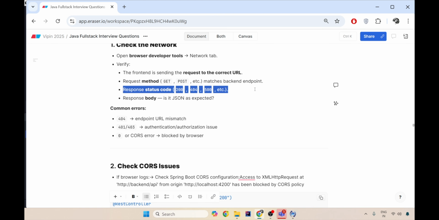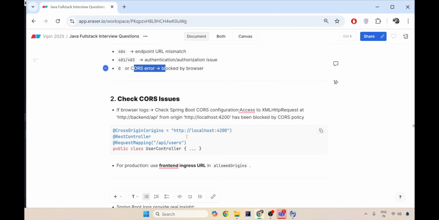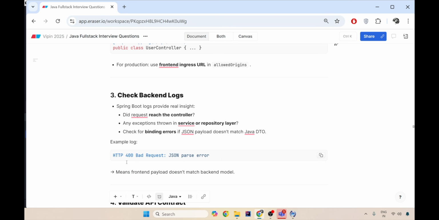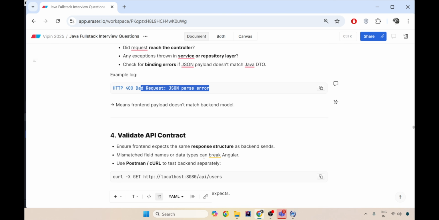If it is 200, okay, and the response is proper, but you're not able to parse it into the proper custom DTO, then it is your problem in Angular. If it is 404, the data is not present in the backend. If it is 0 or a CORS error, then your browser has blocked your request. Your response either does not have the CORS header, or your Spring Security is not properly configured for CORS. Check for the CORS issue either in @CrossOrigin or in Spring Security. Check the backend logs, what kind of error, and whether the request from the front end really reaches the backend or not. Validate the contract using Swagger.